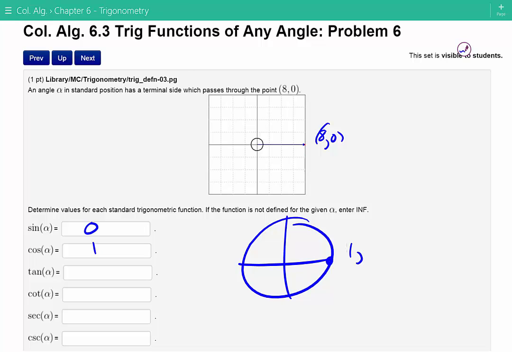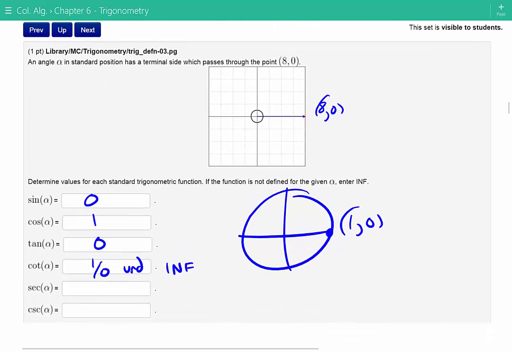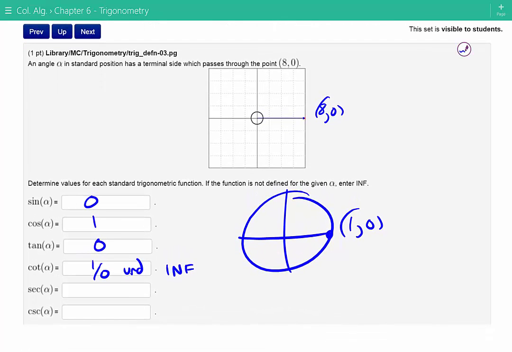So then we can find tangent. Tangent's opposite over adjacent, or sine over cosine, which is 0. Cotangent would then be adjacent over opposite, or cosine over sine, which is 1 over 0, which is undefined, or DNE is what they want us to enter for that. And then secant is 1 over cosine, so it's 1 over 1, which is 1. Cosecant's 1 over sine, so that's 1 over 0, which is undefined. Okay, the next